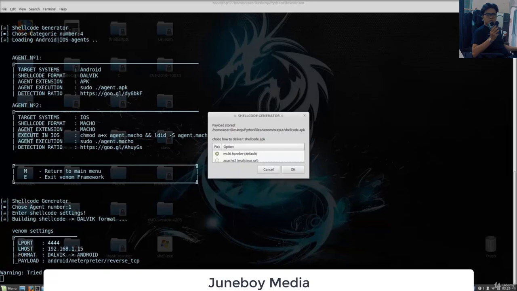So you just set these options right here and set the payload to Android Meterpreter reverse TCP. Let's see what it asks us right here. Payload stored in home user. Okay, so it made our shellcode. It is in this directory as shellcode.apk, which is basically the application that is going to run